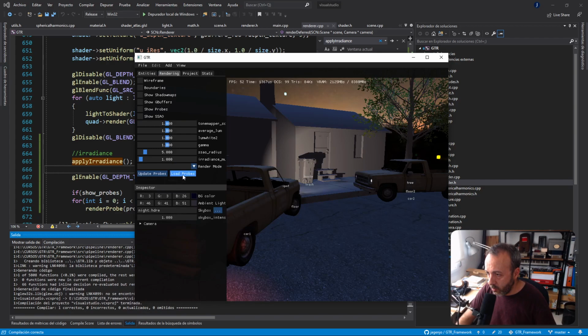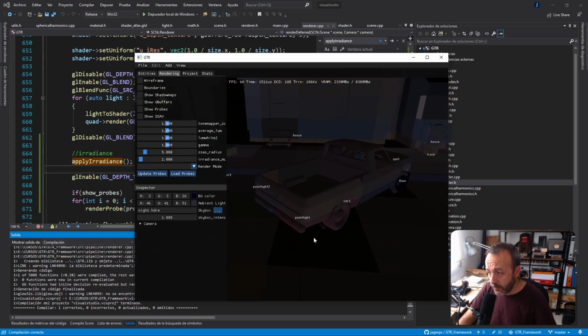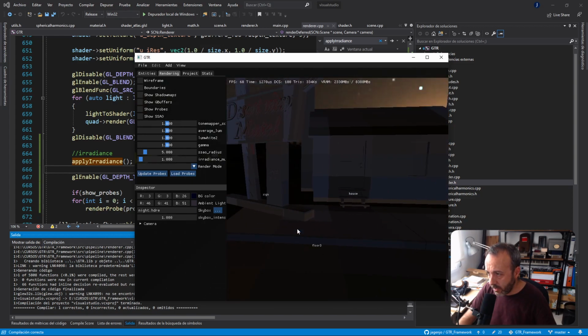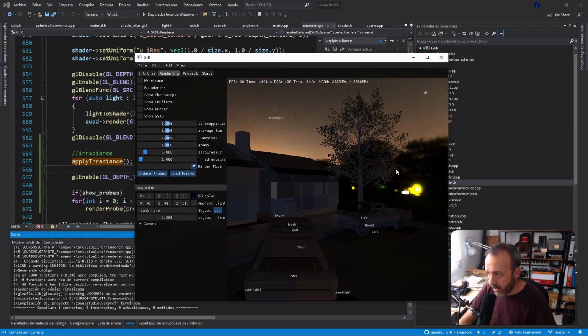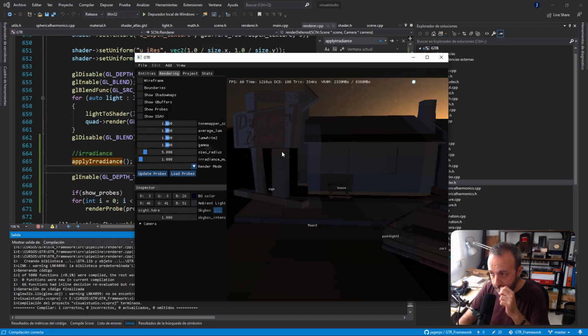Okay, so boom, boom, boom. Here we have. This is the irradiance. Okay, and I'm not interpolating, so you can see it's horrible, but it looks nice. I mean, as you can see, there's some irradiance in some areas. Let's try to play around with this now. I'm going to take the